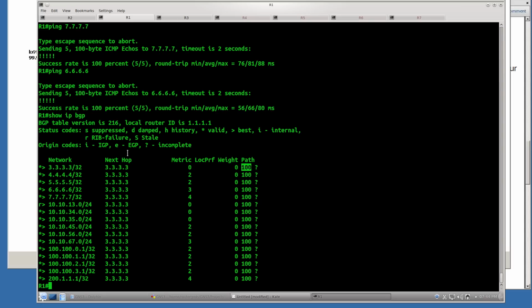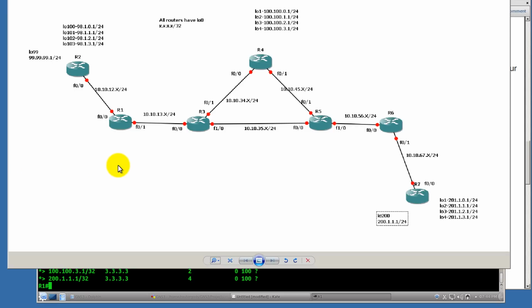As these prefixes go through other autonomous systems, you'll have a long path. It goes through 100, then 200, and 150, and as it makes its journey through the internet, you'll see a bunch of AS numbers in front of there. And the reason for this is if a router sees itself in the path, so if for some reason you get a network flying in, and let's say